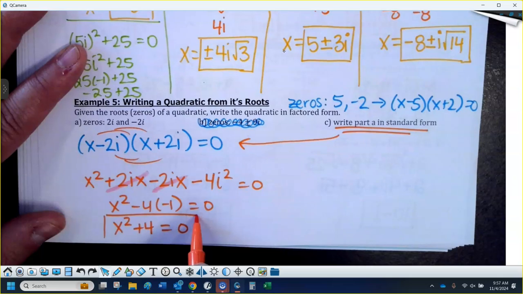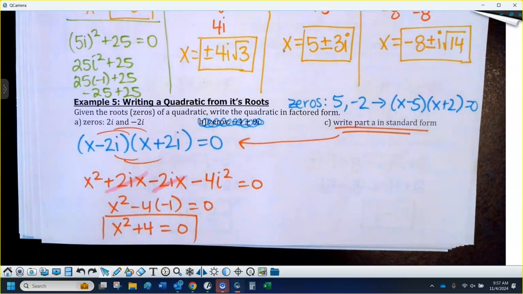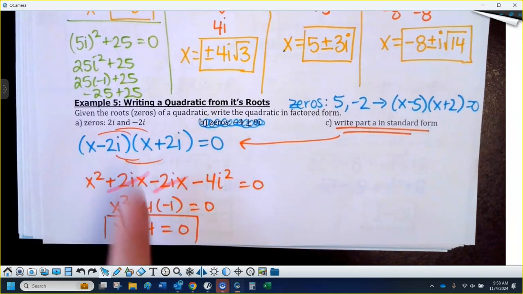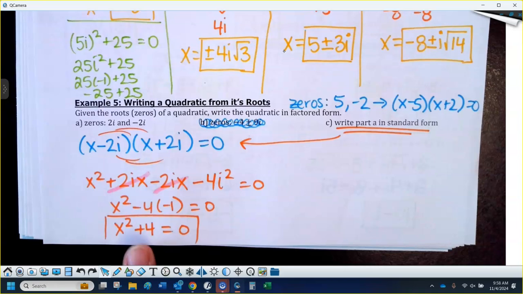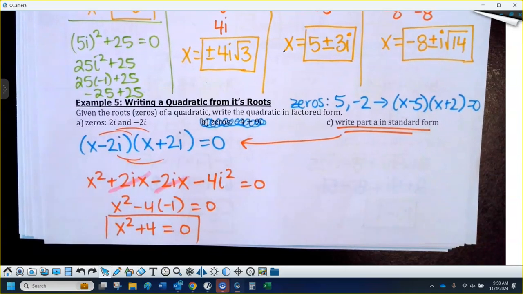And that quadratic has the solutions negative 2i and positive 2i. Like if I gave you that equation and told you let's solve that, you'd subtract 4, take the square root, plus or minus 2i. Those were the two zeros. That is the quadratic equation that would have those two values as a solution. Is anybody having a question? I'll talk for a real